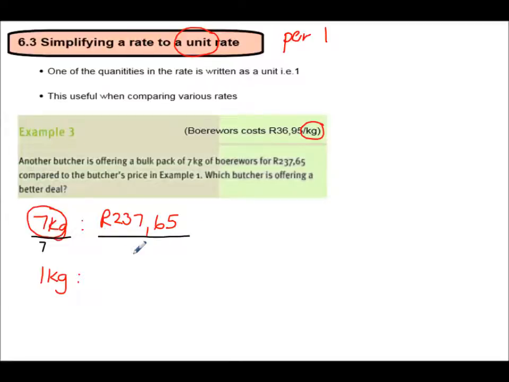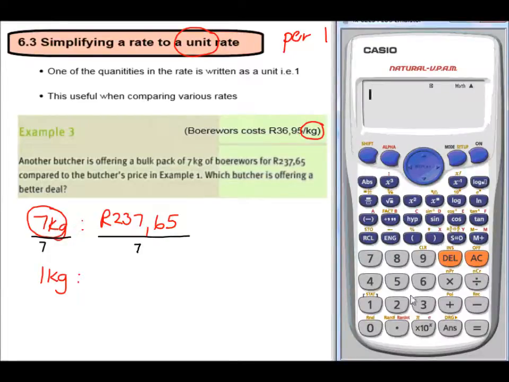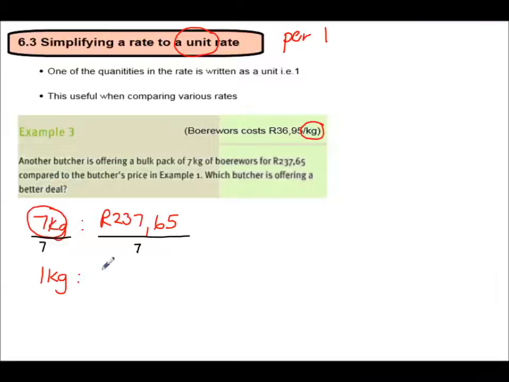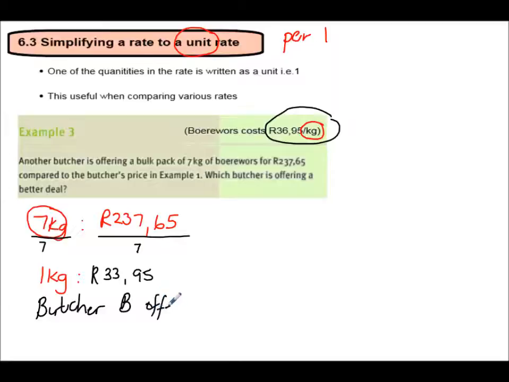So I must take 237.65. I must divide by 7. So I'm going to take 237.65 divided by 7 equals 33.95. This butcher was selling it at 36.95. So butcher B offers the best price